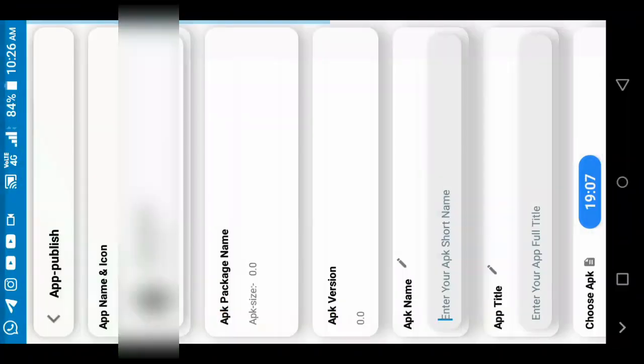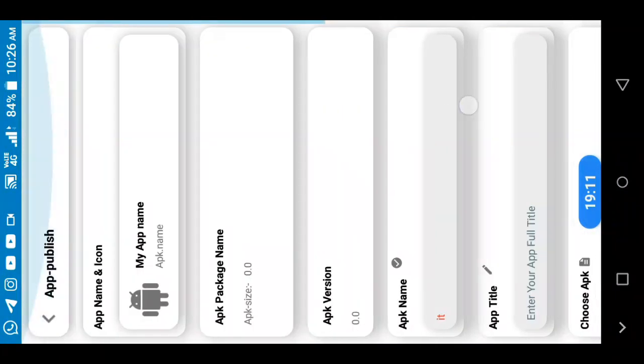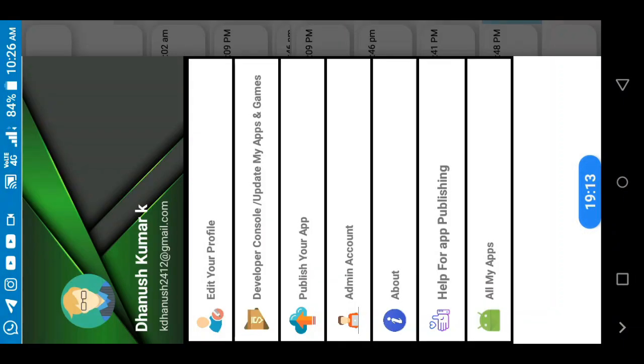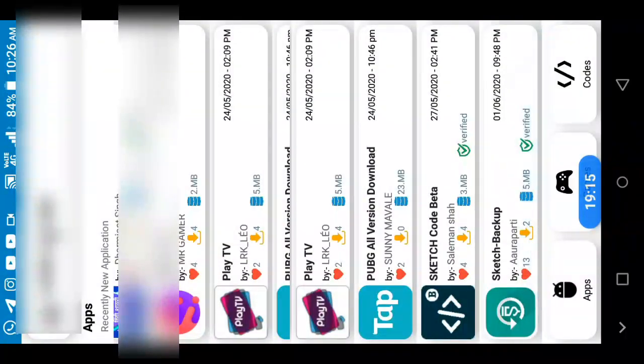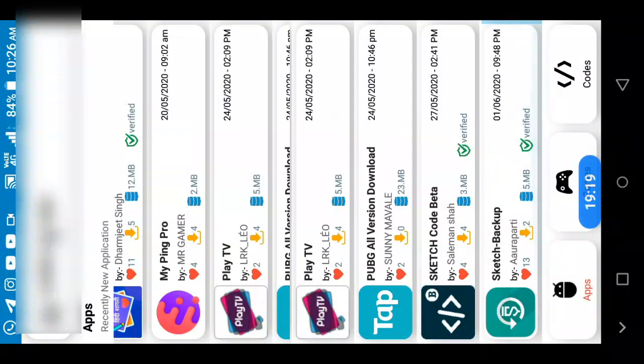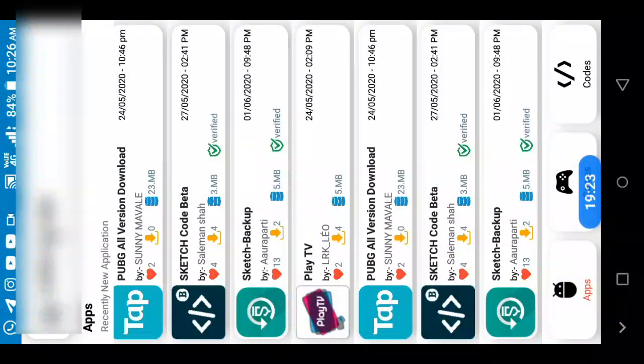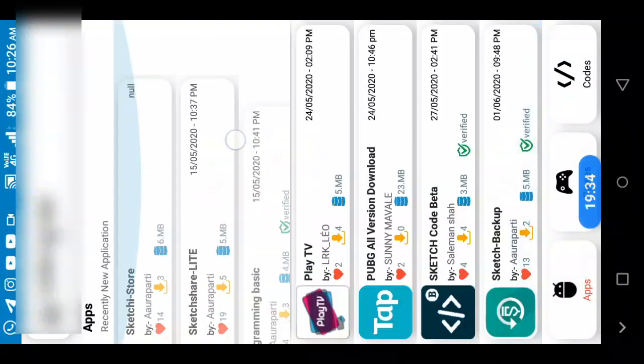Here you can see no ads are loading. Before there were full of interstitial ads loading. Now none of the ads are loading. So this is how you can use it for any app, because all apps use the same Google library. So you can easily skip all the ads, that means you can remove all the ads 100%.